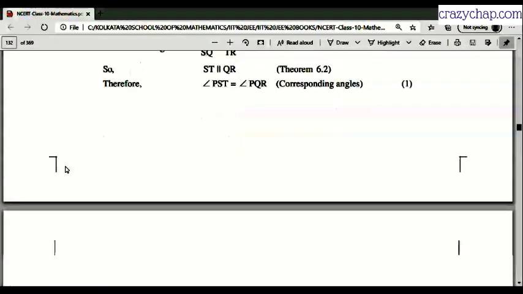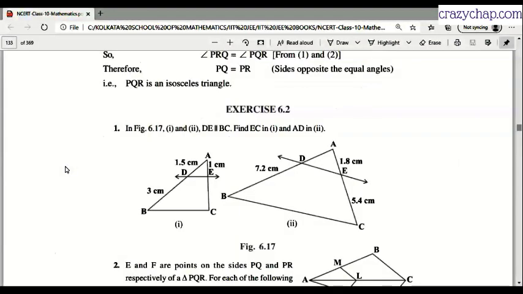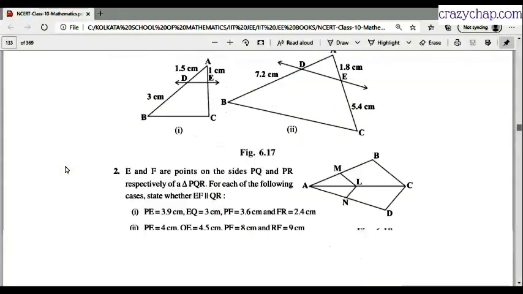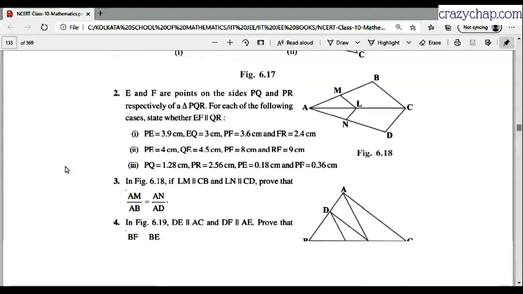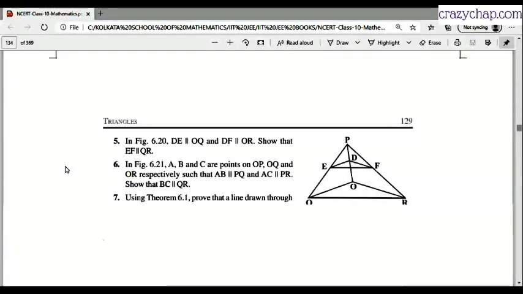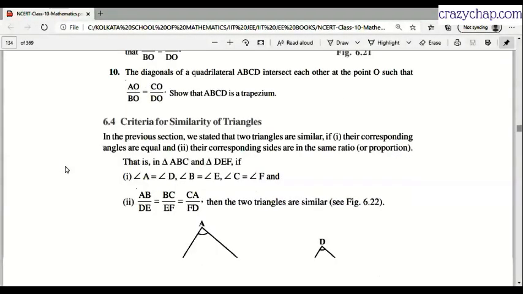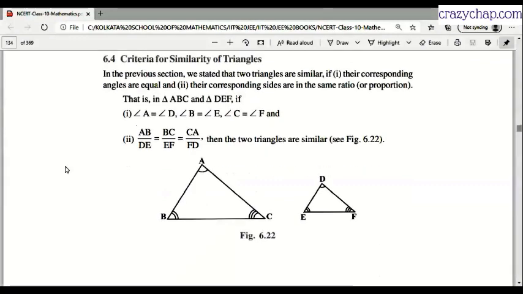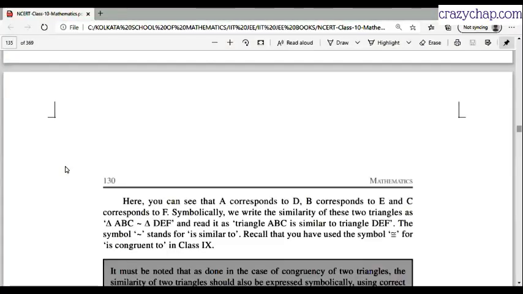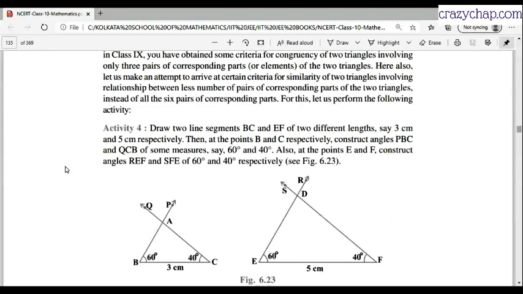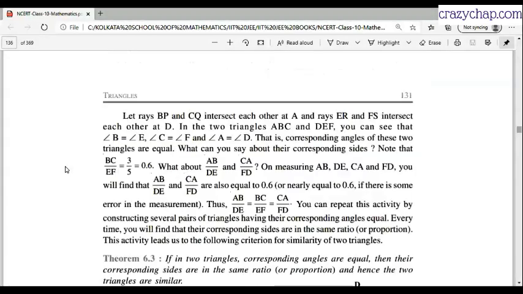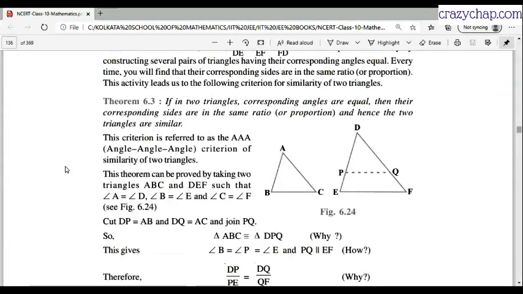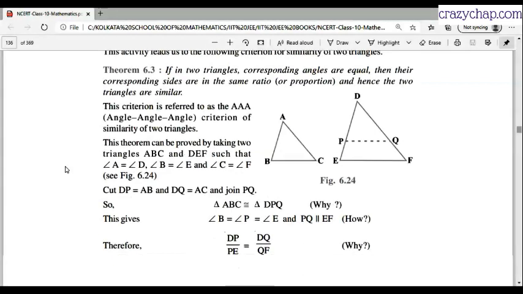Do you have any doubts on this topic we are studying, or should we come to the similarity? Yes, sir. We can come to the similarity. Fine. Okay. So there are certain criteria for similarity on which we can decide whether two triangles are similar or not. So those theorems are, the first theorem I am explaining is